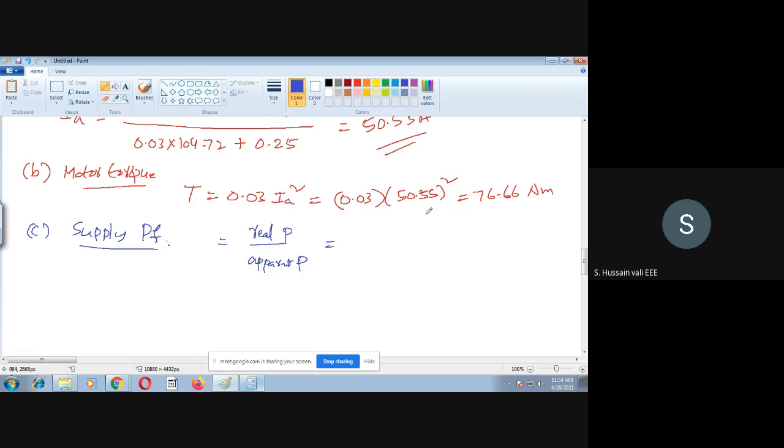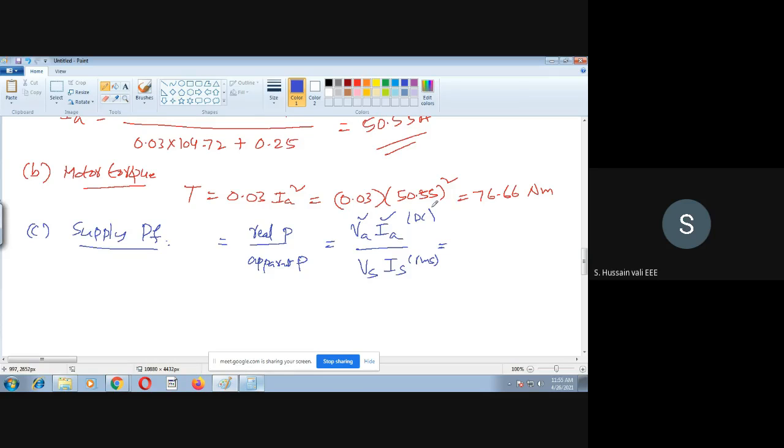So real power is always this, I told you several times. Real power is the output power of the converter. So output voltage is VA, output current is IA, divided by the apparent power, Vs into Is. Both are RMS. VA is DC, IA is also DC. So these are DC values, whereas these are RMS values. This we have already done, so I don't need to give the explanation here.